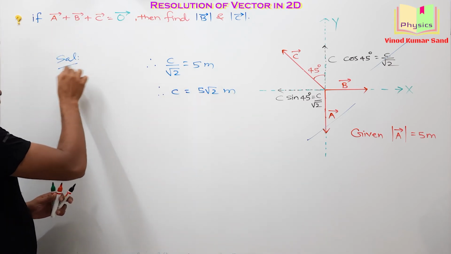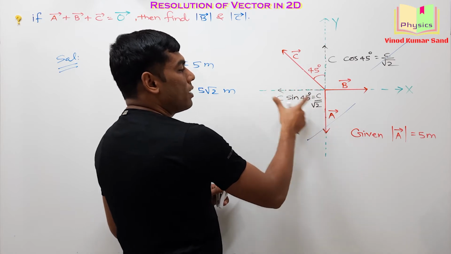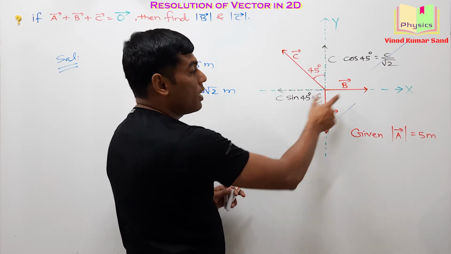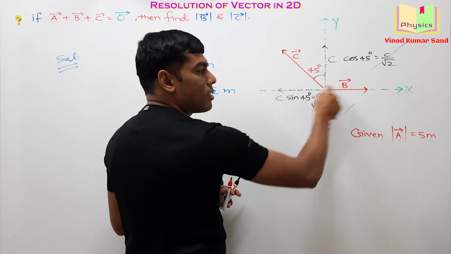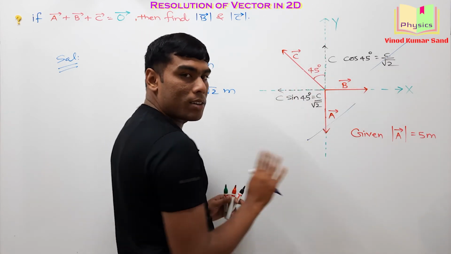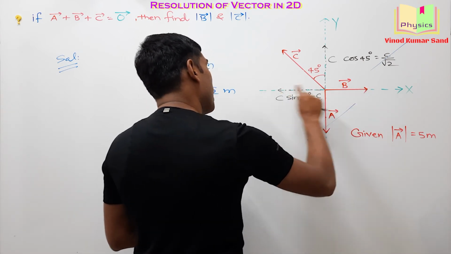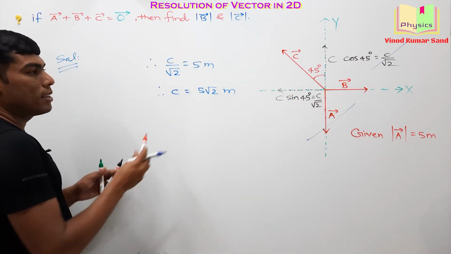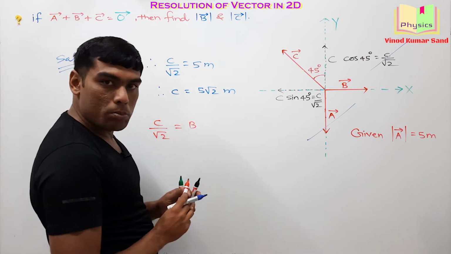Pretty simple solution. Okay. Now look here, this magnitude is C by root 2. It should get nullified with the magnitude of the B vector. Then the resultant here is 0. Earlier we made the resultant along y zero. So to make the resultant along x zero, we should be writing that C by root 2 should be equal to the magnitude of B vector.